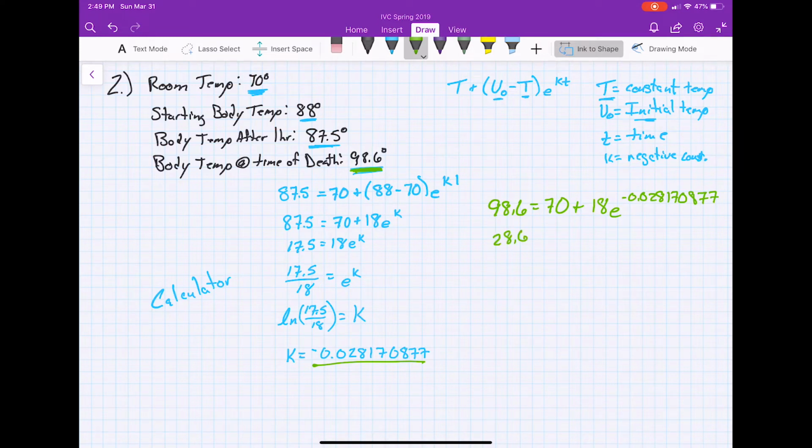We subtract the 70 and get 28.6 is equal to 18e to the this long thing. I skipped the step of 88 minus 70, because we knew it was going to equal 18. Then 28.6 divided by 18 equals e to the this long number. Then we will do the ln function again of 28.6 over 18, and all of that divided by